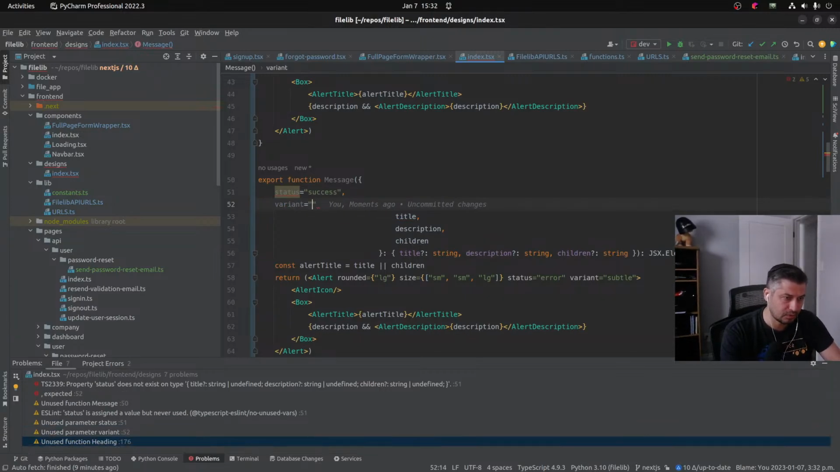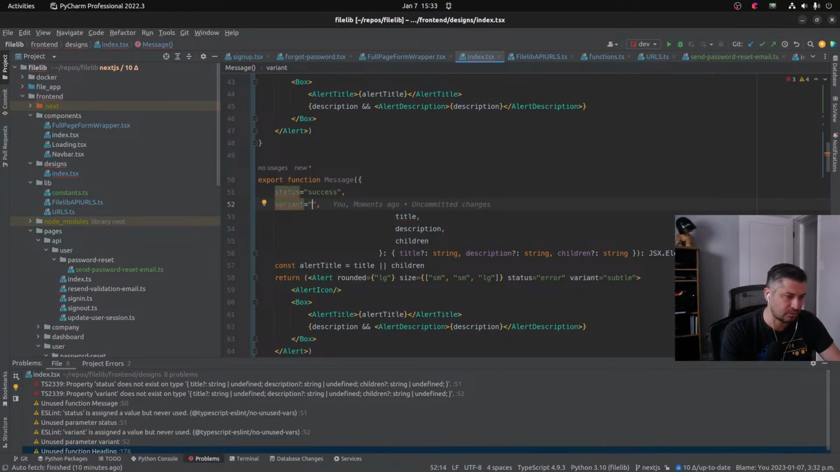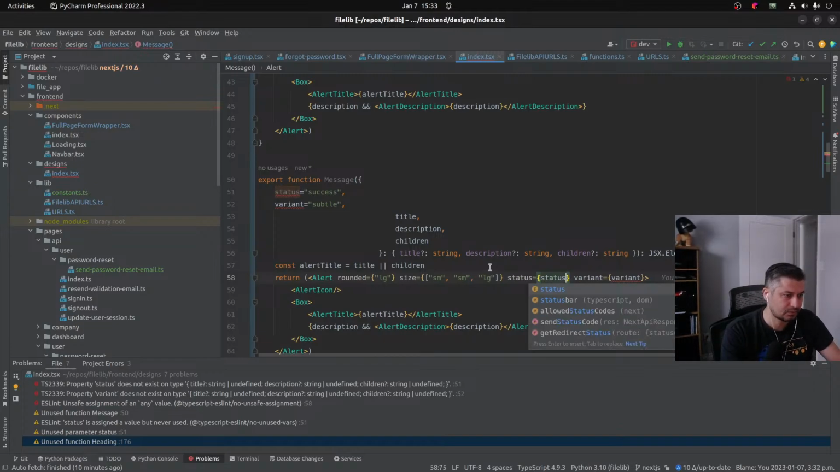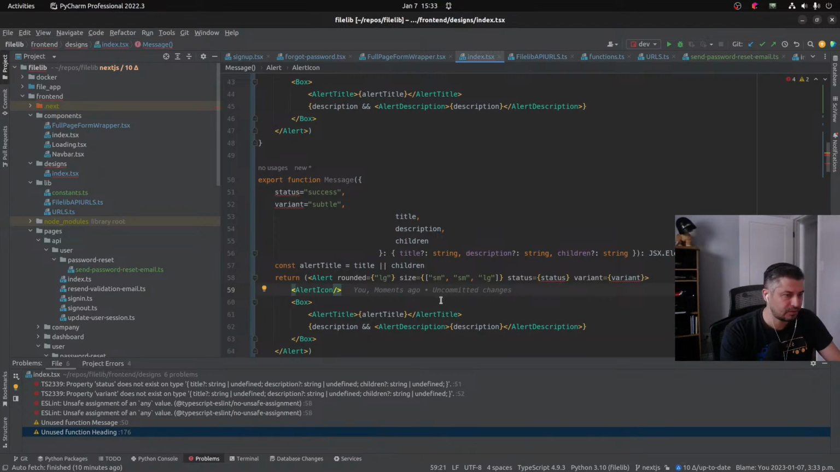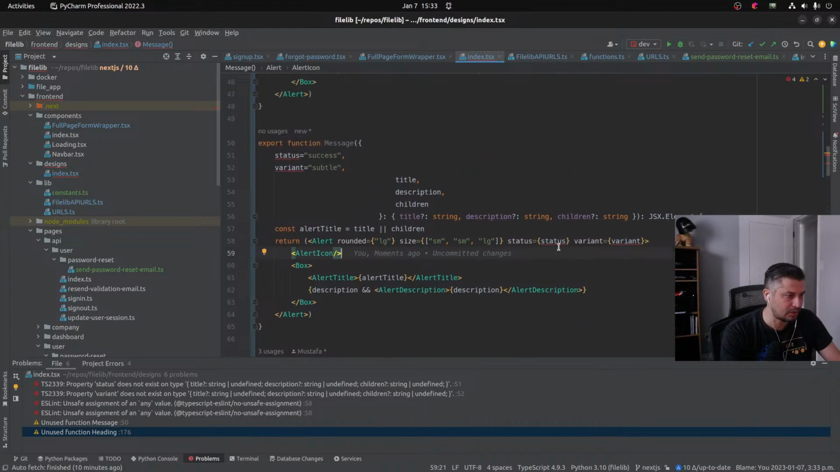variant equals, what should it be? What's the default? I think subtle, right? That's the one we have, but you can override it. So the variant here is gonna be variant, and then status is gonna be equal to status, and we are gonna leave the rest, right? So basically what we're gonna do here,